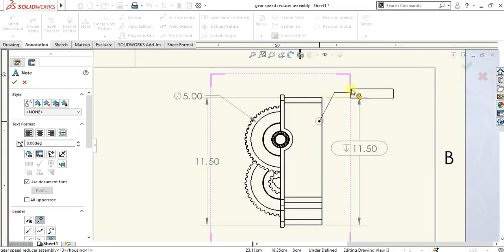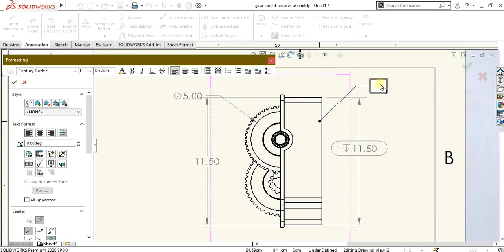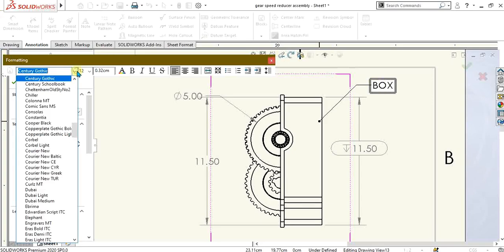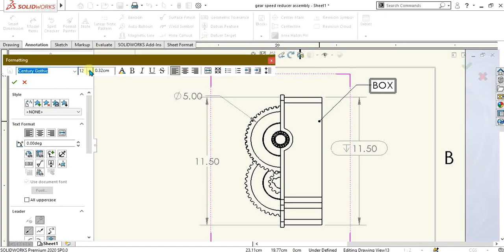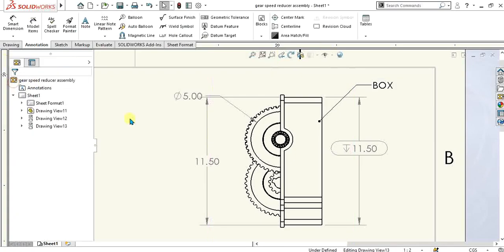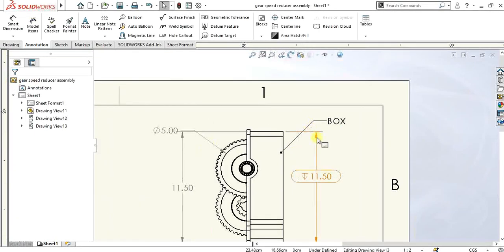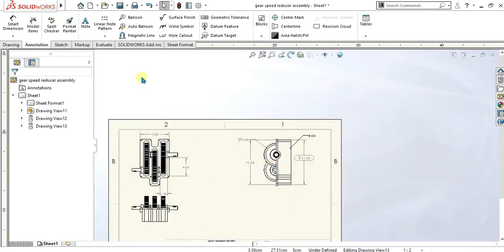I will select its edge like this, and I will give the name box. From here you can change the font or the size of the font. Select OK. Now you can see that the note is showing that this is the box.